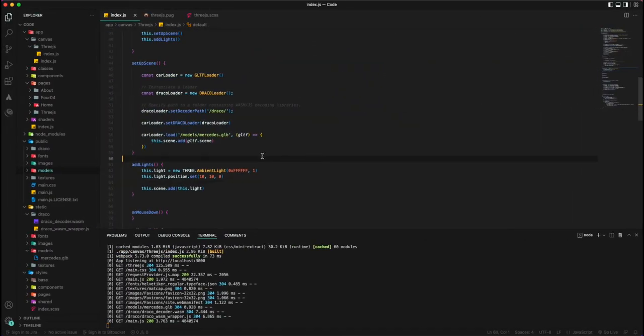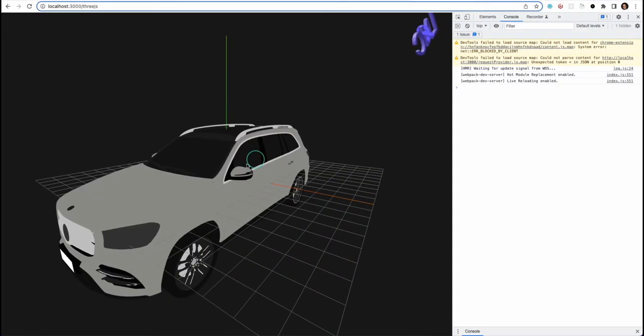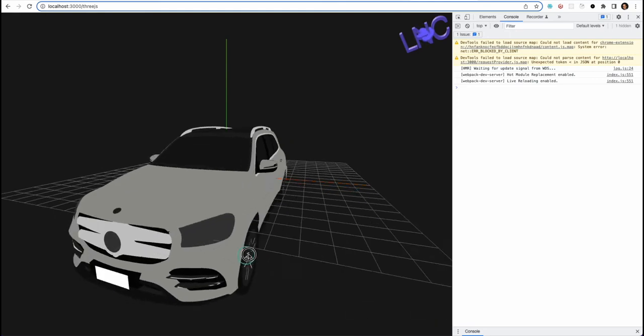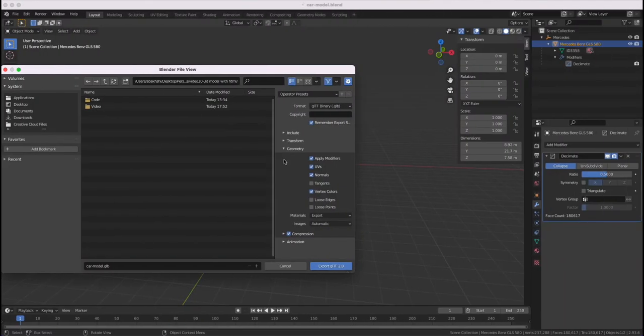Alright, the next thing I'm going to do is add a couple of geometries, and the reason I do that, I'm going to add a little sphere over here, and that's what we can hover over, and then it's going to pop up a text up here with details of what this tire is. And to get the location of that new sphere, we can actually go back either to